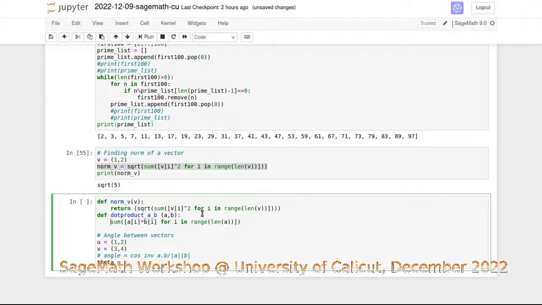The sum of this is A dot B. So theta is nothing but cos inverse of